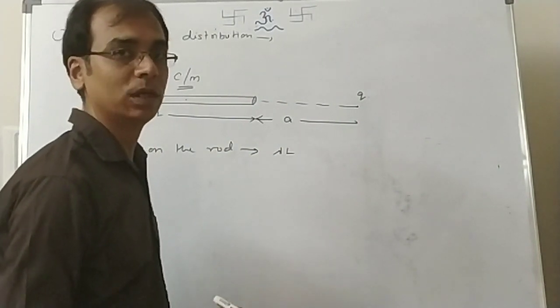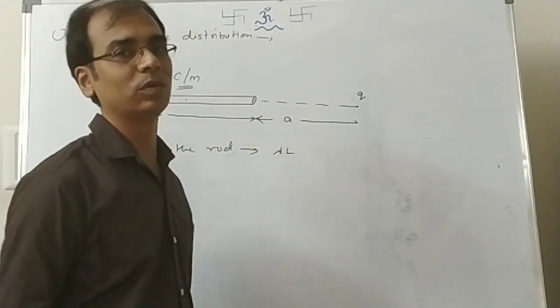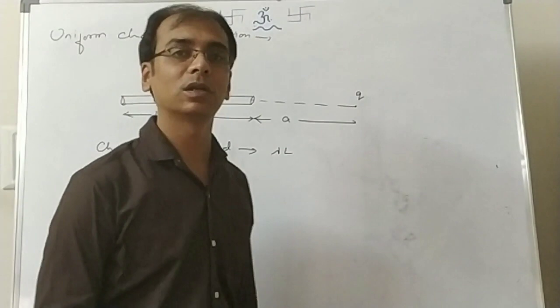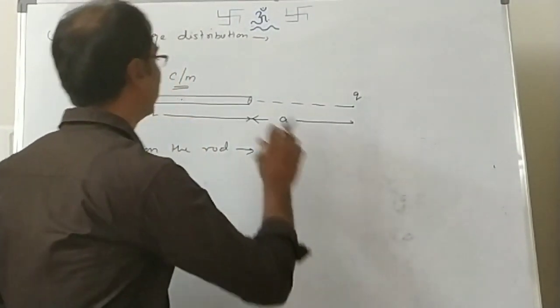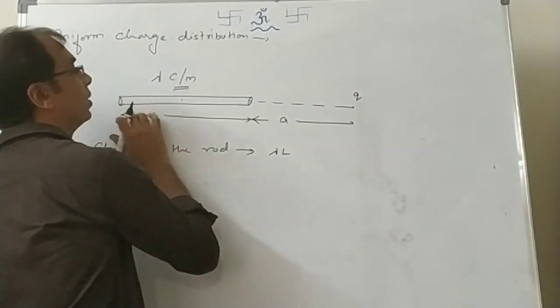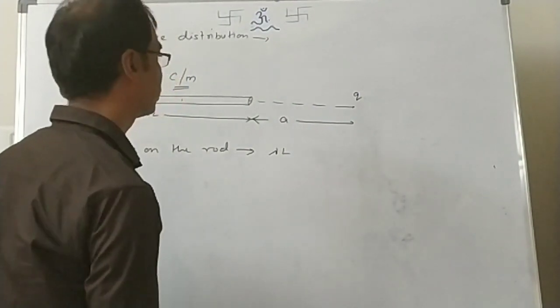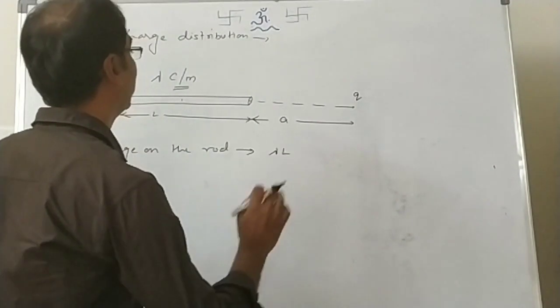So what do we have to do then? We have to find the force due to all those infinite charges, and then we have to add it. Right? And this method in mathematics is called what? Integration. We have to calculate the force because of each of those infinite charges throughout the length, and then add it. What is that method called? Integration. So for integration, first we have to find the point charge.